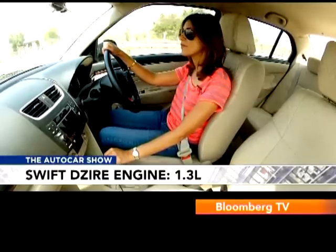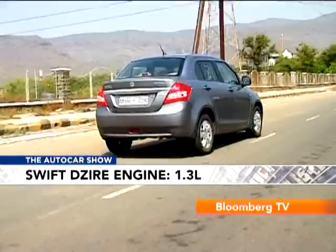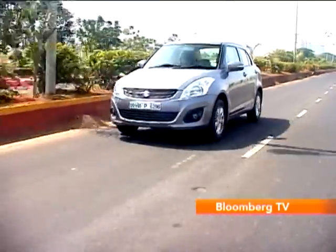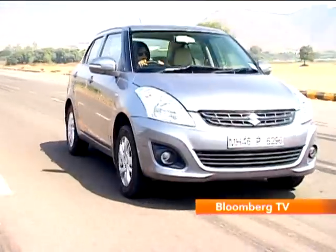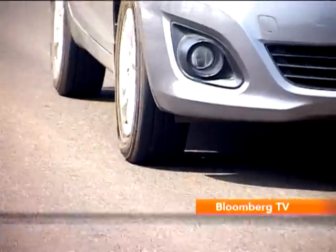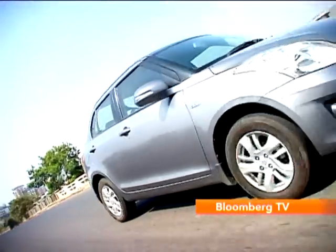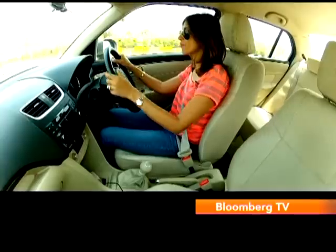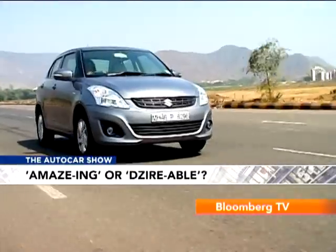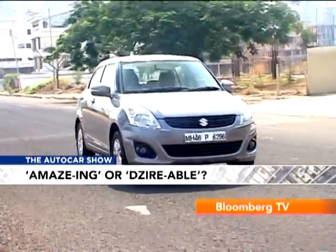The Dzire, on the other hand, with its 1.3-litre engine has noticeably more turbo lag, and you have to churn the motor past 1800 RPM to get it going. Once you pass that, the turbo kicks in quite strongly and makes the Dzire actually feel quite quick. You ride a strong wave of torque. It also revs more than the Amaze's engine, and you can push it up to 5200 RPM. But power dies out at the last 1000 RPM, making it feel a bit like a rubber band being stretched